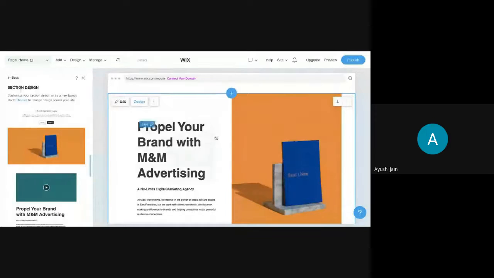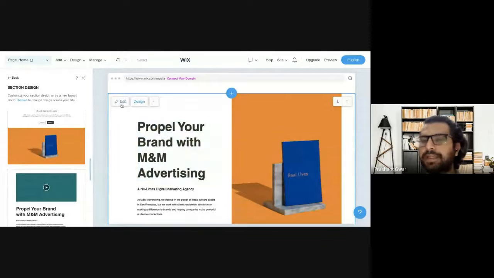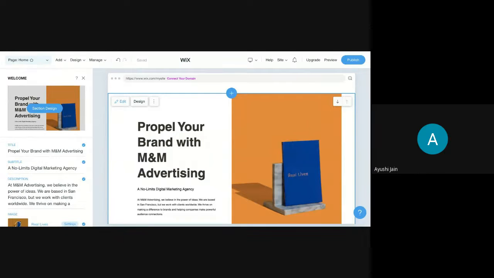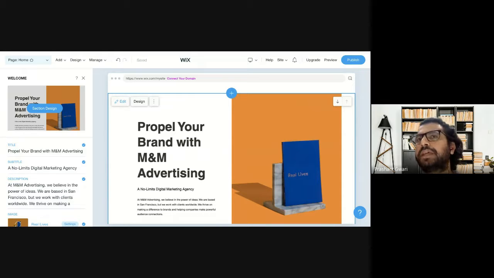Let's say I want to go with the same theme. Okay, then you will go to the edit part and customize the details we are providing here, and the keywords you will target here should be related to your business category. For example, this is a digital marketing website, so the keywords I will target should be related to digital marketing, like advertising or digital marketing agency. Right now we are using an ADI tool, so we don't need to worry much about the content part because the content is created by this ADI tool for us, whether it's images or text based.